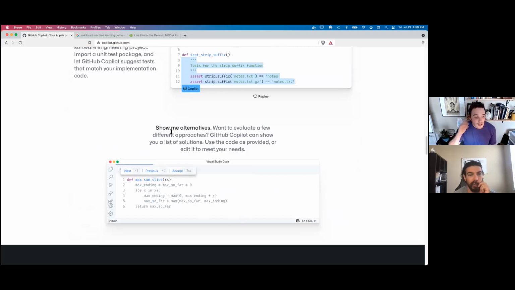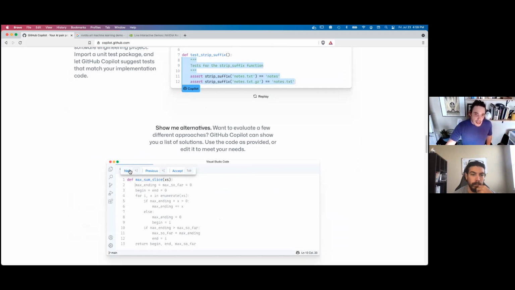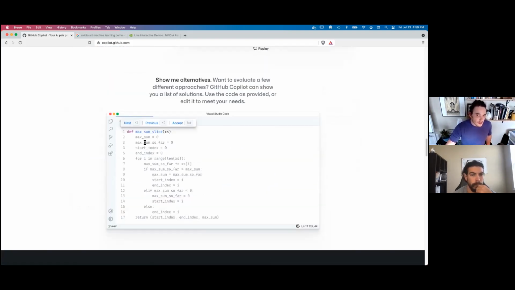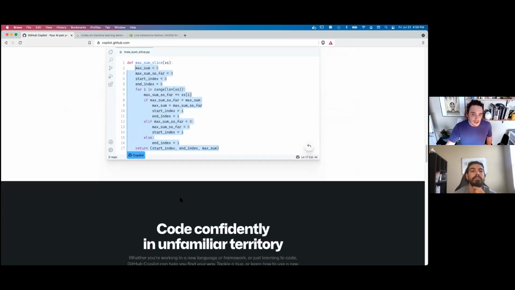This, I think, is one of the most exciting parts of it, show me alternatives. So it's not going to generate just one bit for you, but I can also see a number of different alternatives for approaches or whatever it's finding, and then I can figure out, oh, I'm just going to accept this one or something, and that's interesting.